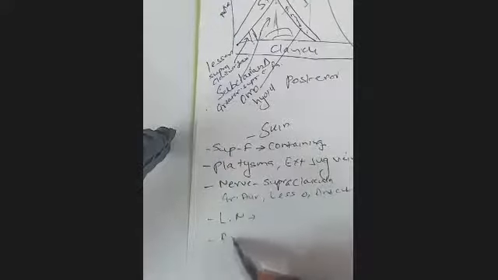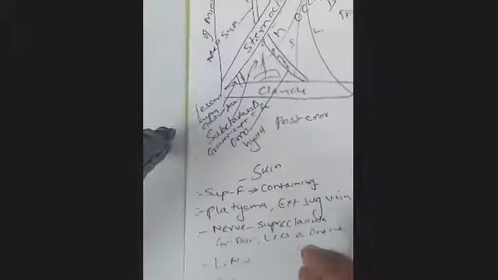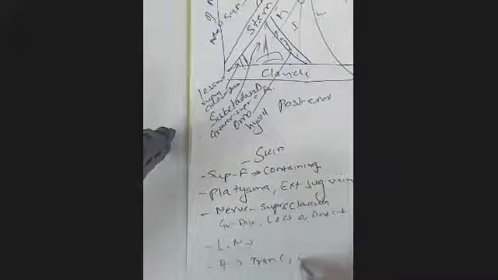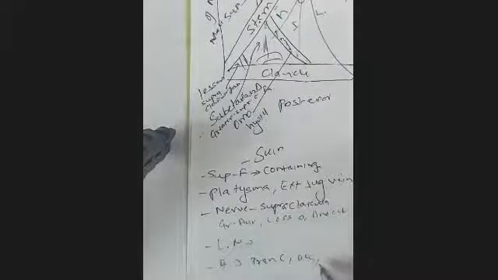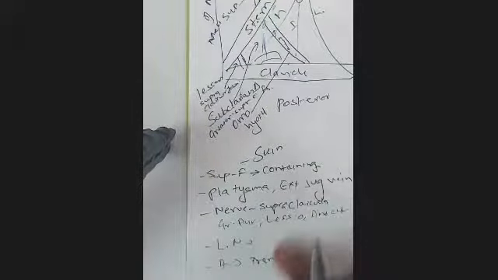Then there are arteries: the supraclavicular artery and a few other arteries, the transverse cervical artery and occipital artery. Some of them are forming the contents and some of them are there in the roof also. So these are the arteries which are there in the roof, and they are also forming the contents. So nerves, lymph node, artery.